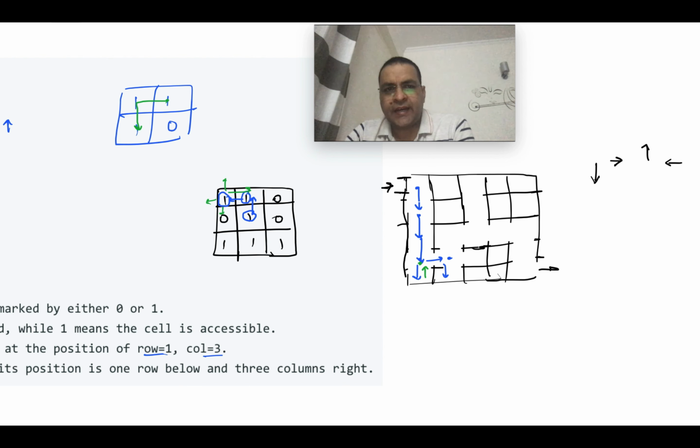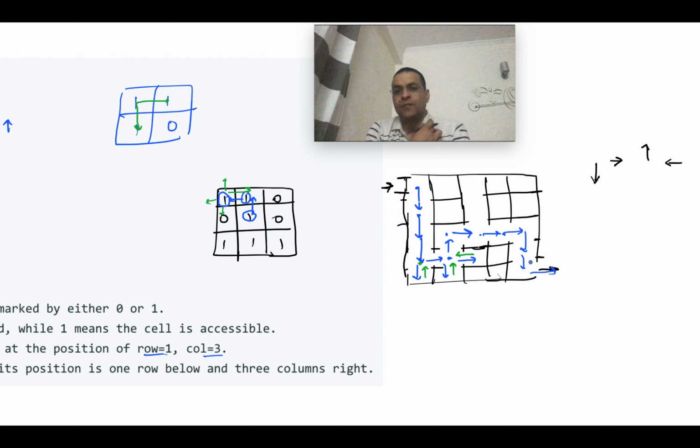Now here we hit a dead end. Whenever we hit a dead end, we come back. Then we try the right hand side. So we go toward the right, but then we again hit a dead end. So when we hit a dead end, we return. Then we try going upward. This is where we are. From here we go right side. From here again we go right side. From here again we go right side. And this is how we will find the way to exit.